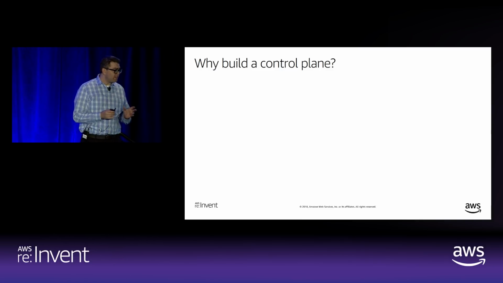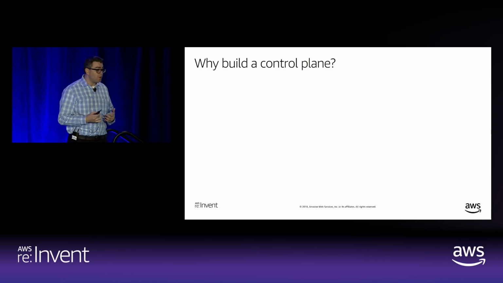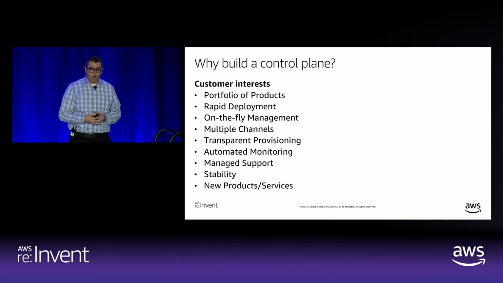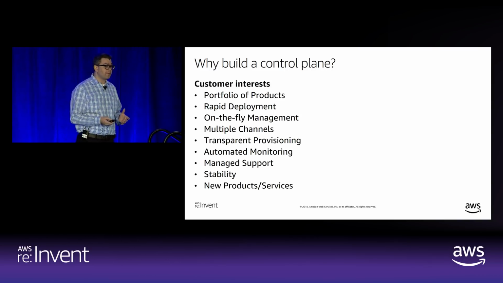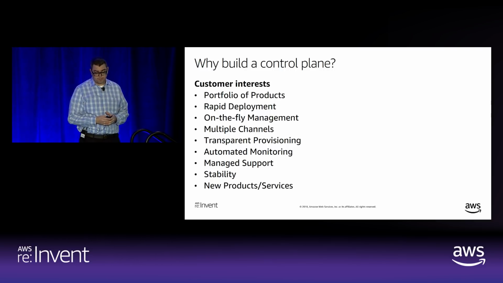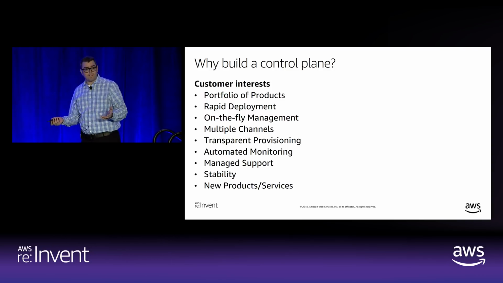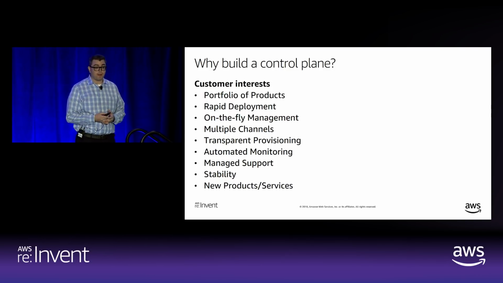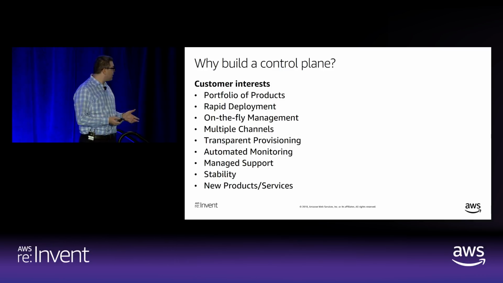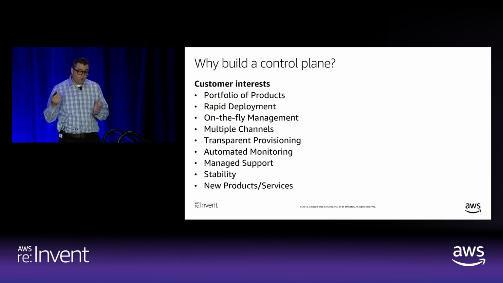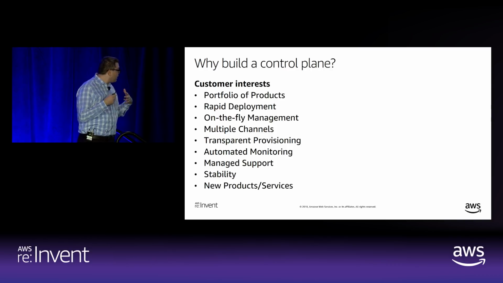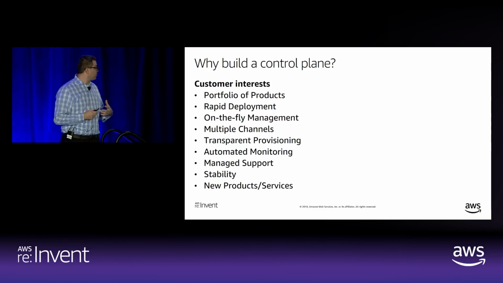But ultimately, these providers, similar to AWS, they work backwards from their customers. And their customers are telling them that they want potentially to choose or select a product that works for their requirements, so deploy that product rapidly. And it's interesting, we have multiple channels for provisioning in AWS. We have the CLI, we have the SDK, we have the user interface. There's a number of ways to deploy. And having multiple channels is something that, as an ISV, customers are looking to consume those products.